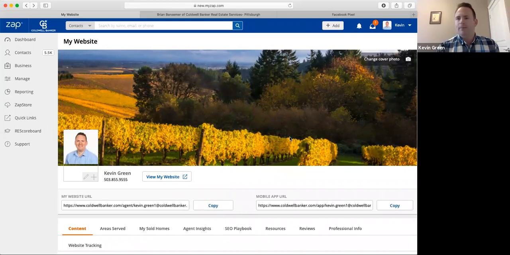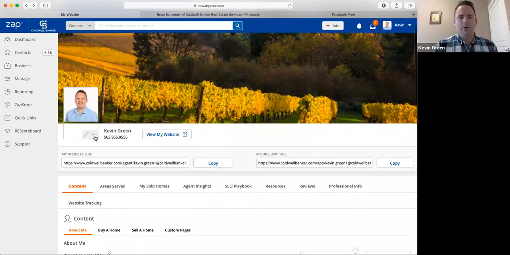But if you want to stand apart and have your own customization option, you can. This photo you can edit as well. And this is what will feed out to coldwellbanker.com. So if you don't like the headshot that you currently have on there, you can change this and it will